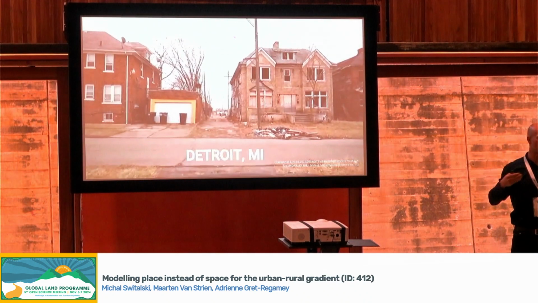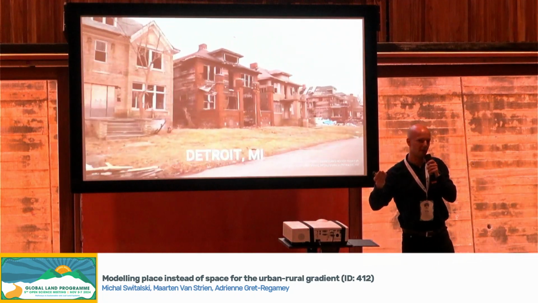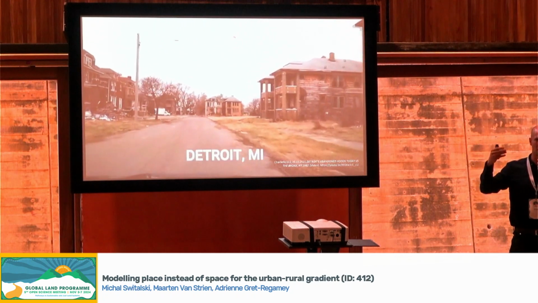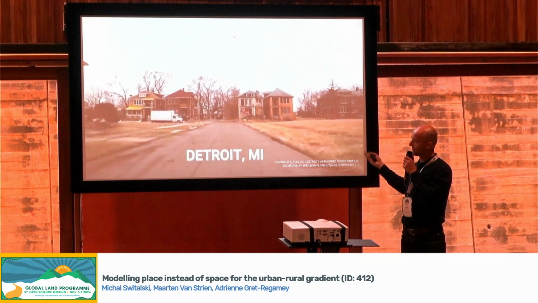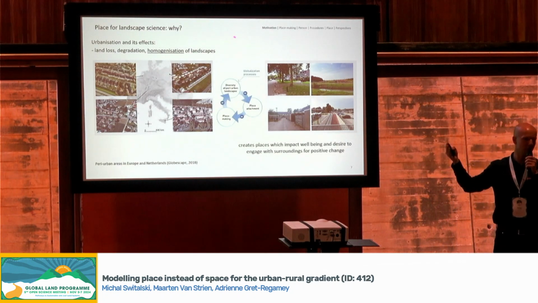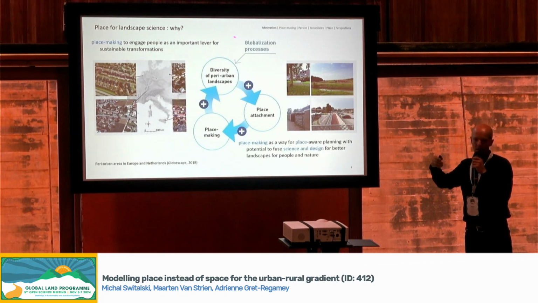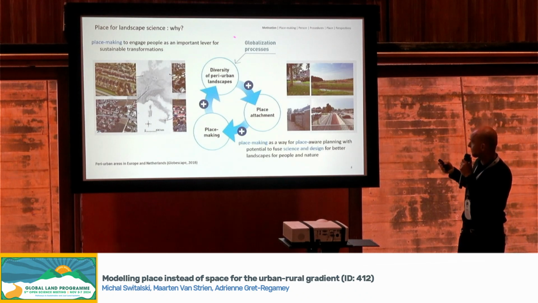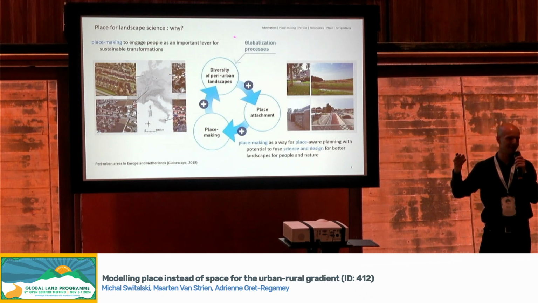So we find ourselves entangled in a feedback loop where global homogenization processes detach people from the environments that they live in, which further makes them more fragile to system shocks and disconnects them even further from the population which lives there. So my talk today will be about this feedback loop and how to reverse it. In more detail, I will be talking briefly about the theory of place and place making, and in particular, we'll be talking about modeling and measuring place.